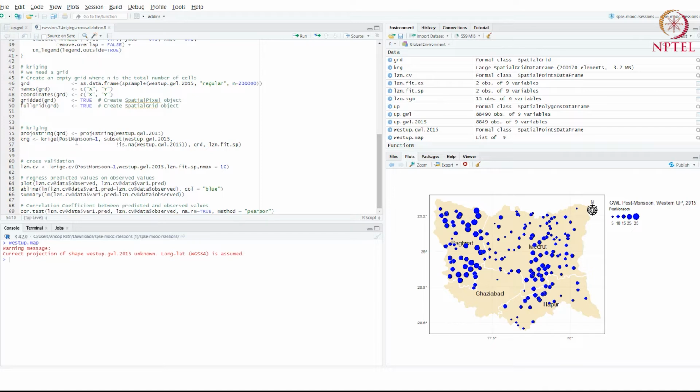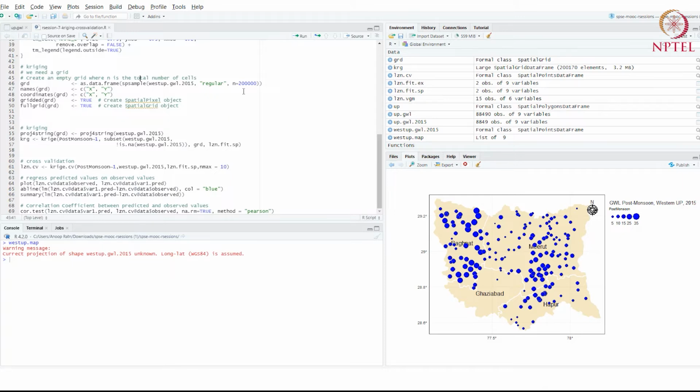So we will need a different kind of spatial object for that, which is called a spatial grid or spatial pixels. We will have a grid of values, and we will predict the value of groundwater level on each point in that grid. So let's go ahead and make such a grid, and that is done using this code.